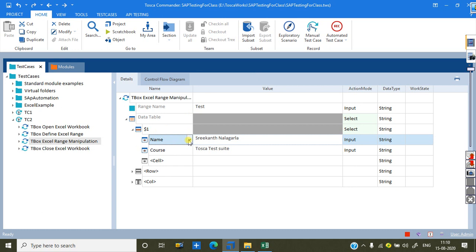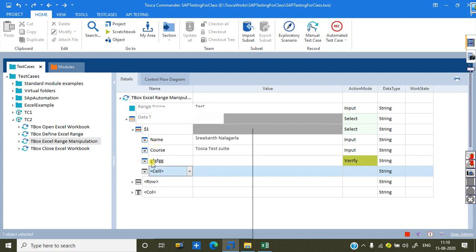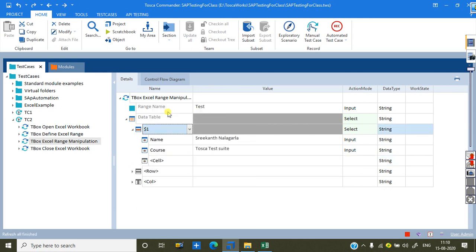If you select the column name here, the cell is coming, you can select the column name, you can write any name. So like that I enter the name and column. I don't need this one, I removed that. So this is the way for name and column, and then you give whatever value you want.